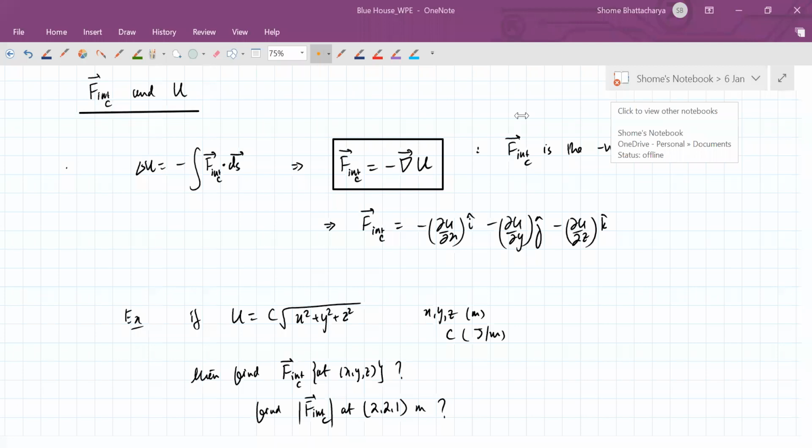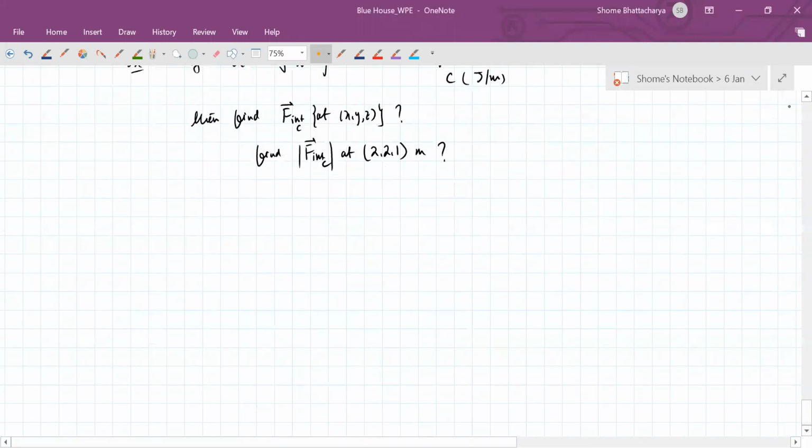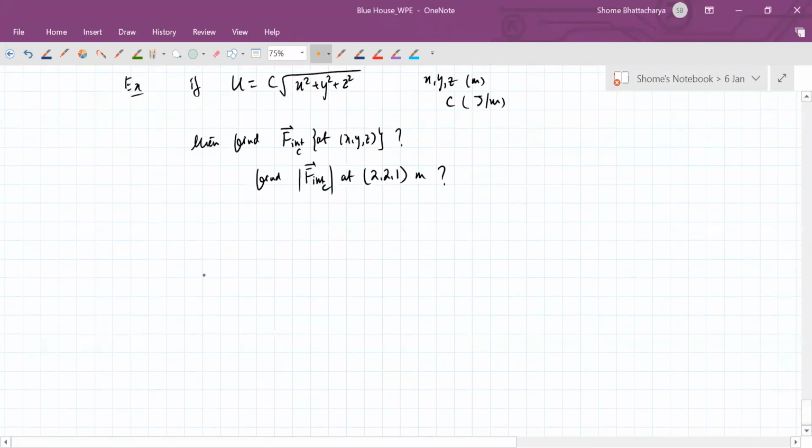Yeah, that's correct. Very good. So here we'll see that once again, just use the definition that F is negative gradient of potential energy. That means the X component of force. So it is